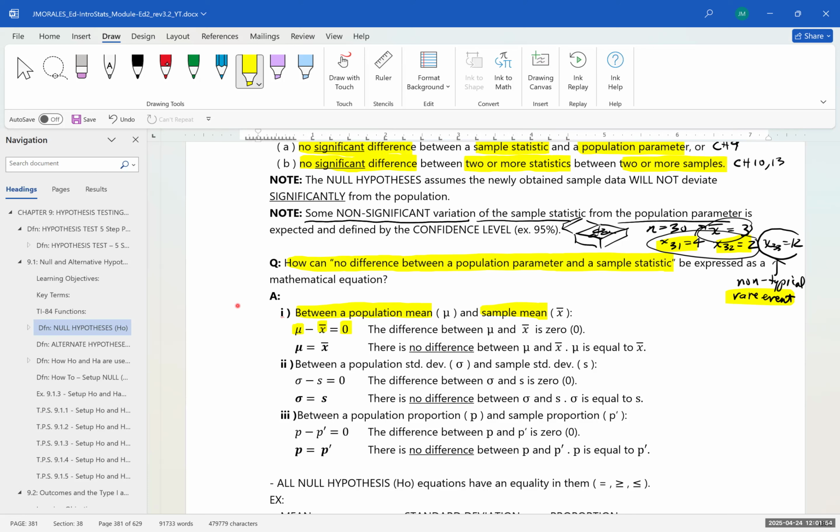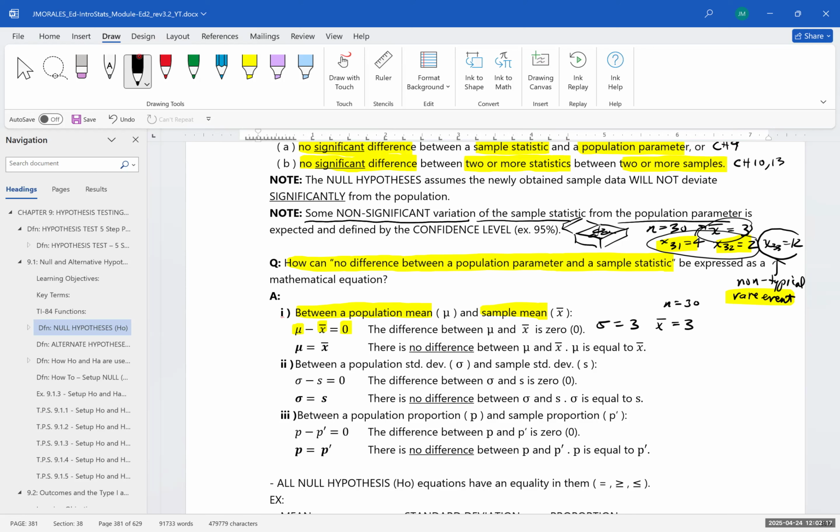For example, if the population mean of the number of donuts that someone walks away with was 3, and in our sample of 30 students, the sample mean was 3 donuts,